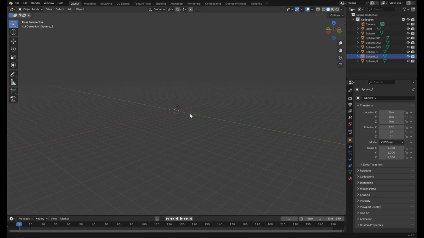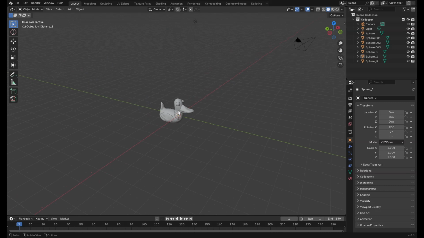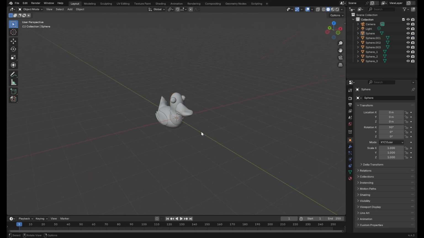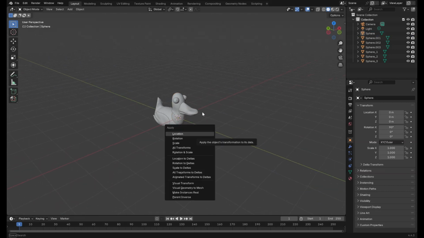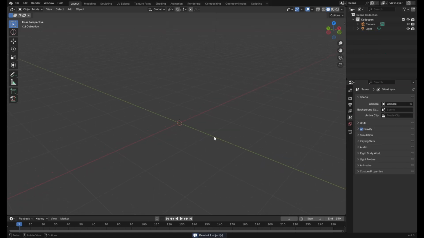So that being said, okay. Well, Blender's being a little bit odd. The zoom function doesn't seem to be wanting to work. There we go. Okay, I'm not sure what that was about. Okay, so like I was saying, oh my goodness, excuse me. Let me just get him out of here. Alright, so